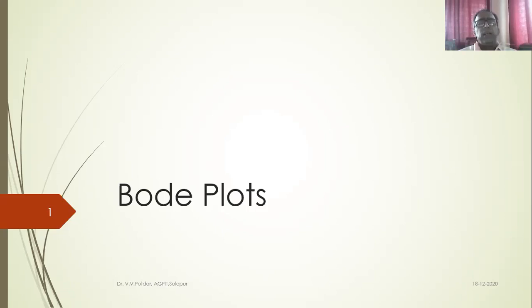This is a graphical method. Yes, we plot the graph for different values of inputs, and then by analyzing the graphs, we can predict for what values of system parameters the system is stable, for what values of system parameters the system tends to become unstable. So Bode is the name of a scientist or mathematician who devised this technique, hence those are called Bode plots.